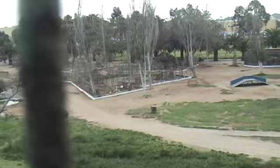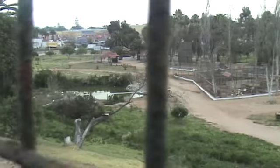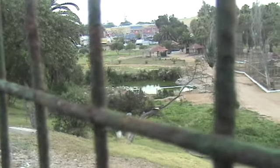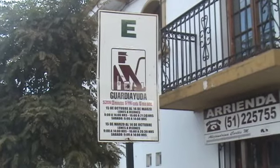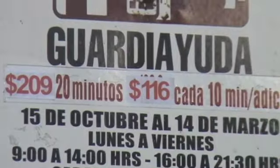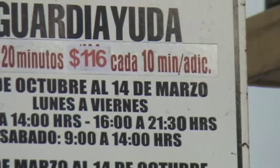bunny rabbits, chickens, other kinds of stuff. And there a pond with ducks. Probably the occasional egret lands in it. Basketball court. And this tells you how much you will pay in this area if you choose to park here. And that cost is 23 cents for 10 minutes, or about